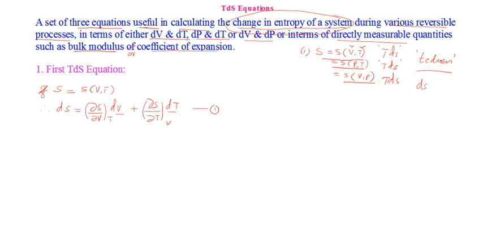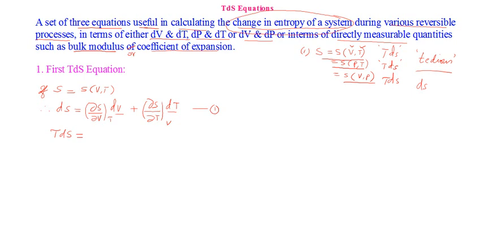Now what I'm doing, just let me multiply by T throughout. I'm multiplying by T throughout, and you will understand why I'm going to multiply by T throughout. Okay, so multiplying by T, what will be the equation? It becomes TdS, and that is the way in which you will be getting the first TdS equation. So LHS is TdS, right? So the first TdS equation, TdS. On the right side also you'll be getting